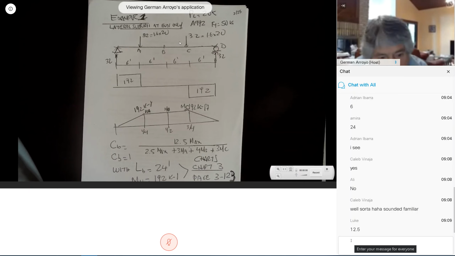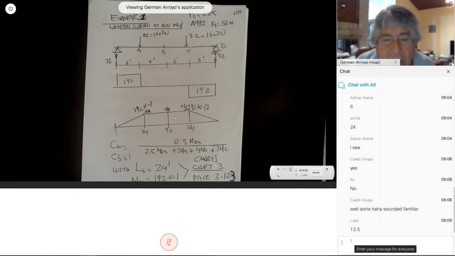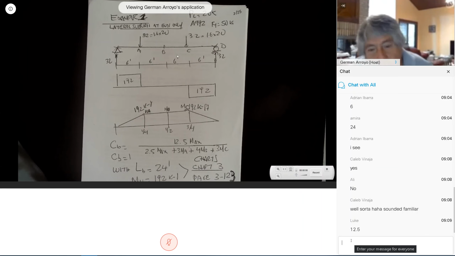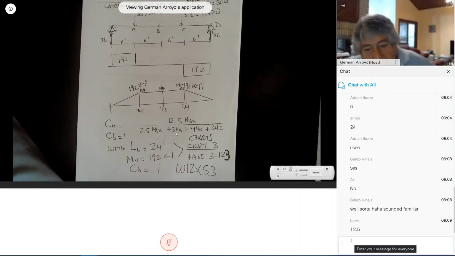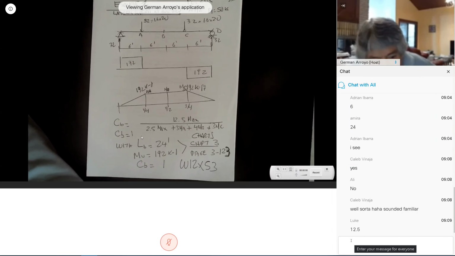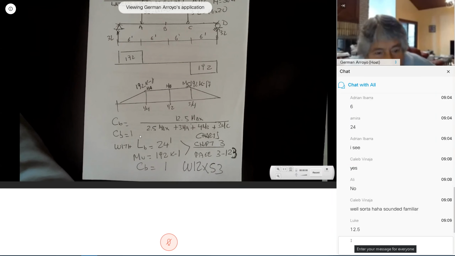But if you compare MC over I in here with this, they're different. It's less in here. So the compression flange has the same value no matter where you are in here. That's why C sub B is equal to 1. And so with C sub B equal to 1 and M sub u equal to 192 kip-feet,